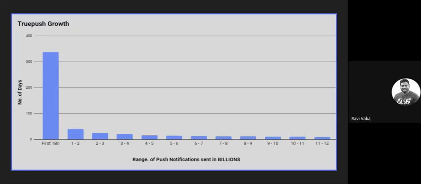The total number of notifications we have sent through our clients is 14 billion. I think 15 billion as of today. And this success in the push notifications category is huge. I think a lot of competitors who have achieved this feat, it took them a lot of time to do so. I know some competitors who started the business 5 or 6 years ago, and they are doing 250 million notifications a day.